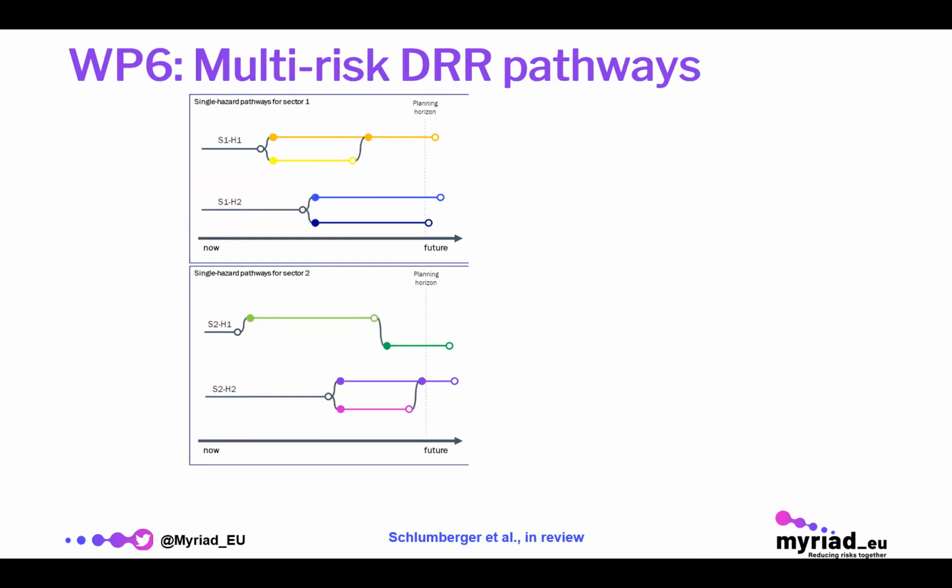Finally, this is quite a complicated figure, so I'm just going to show the main outline. It is some work being carried out by Julius Schullenberger and colleagues, also doing this PhD in this project, to develop these multi-risk DRR, disaster risk reduction pathway approaches. So these are these kind of adaptive pathways that some of you may know about, and they've been developed and used quite a lot in the climate community. Basically, what they say is that